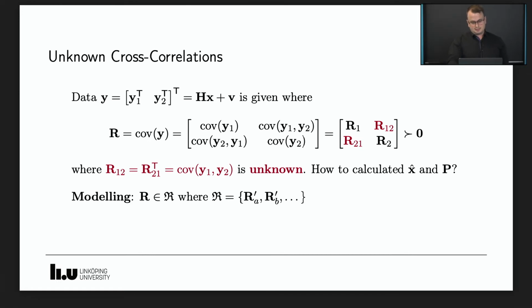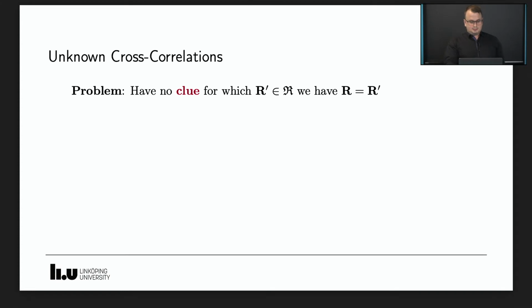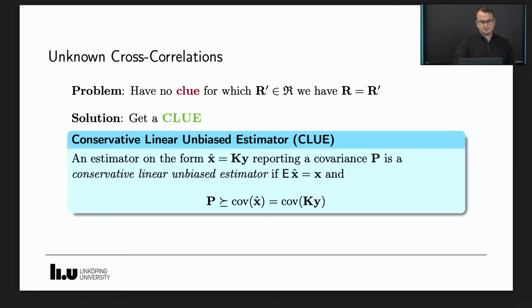Well, our first step is to model R as belonging to a set, this fracture R, which I will just call the R set. In general, this contains infinitely many covariance matrices which R can potentially be. The problem, however, is that we have no clue for which element in this R set equals the true covariance R. So the solution is then to, of course, get a clue, where the clue is the conservative linear unbiased estimator,